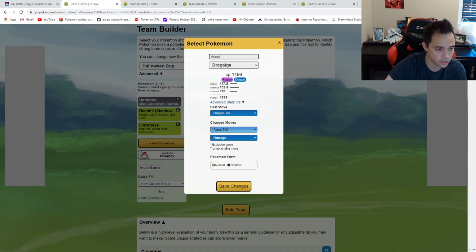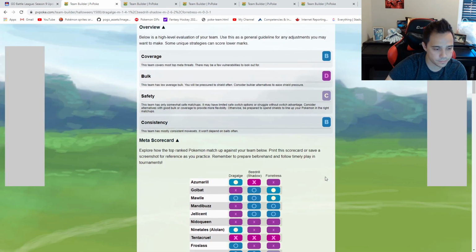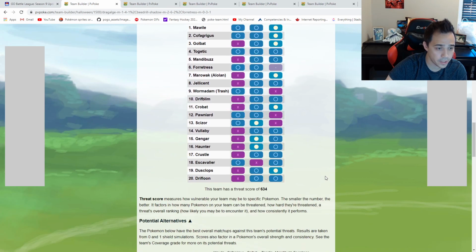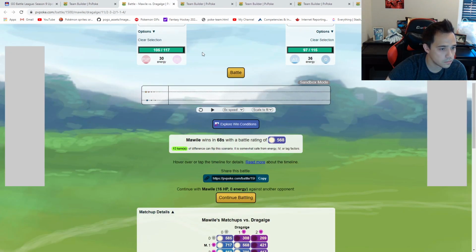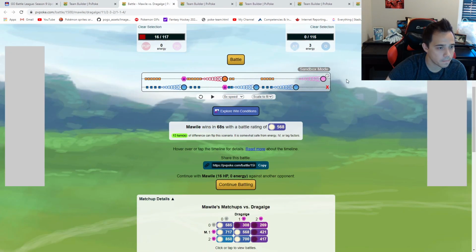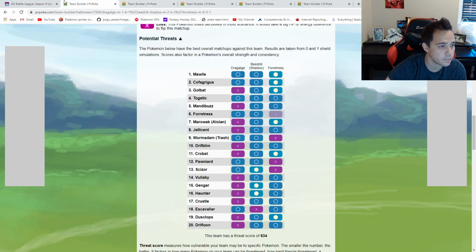So we'll try Dragalge out. Outrage or Gunk Shot is the play. But yeah, this looks pretty good too. This actually looks maybe even a little bit better. We still have the Mawile problem. But I'm going to be honest, it is not bad at all. If you get rid of the Mawile, that's their fire damage. That's probably their only coverage to Fortress. They'll probably be sitting pretty...